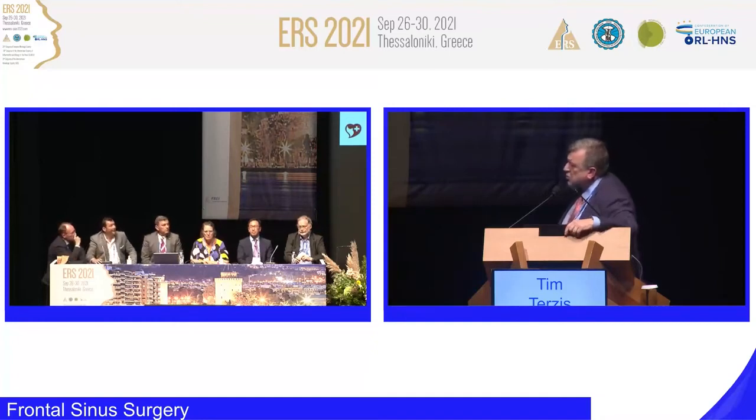Now, because I worked for many years for the Greek Navy, we saw divers of the Navy having headaches frequently after diving. And if we saw this sort of complex anatomy in the frontal recess, plus some mucosal thickening there, we used to operate on them, and the problem was relieved. So in this case,